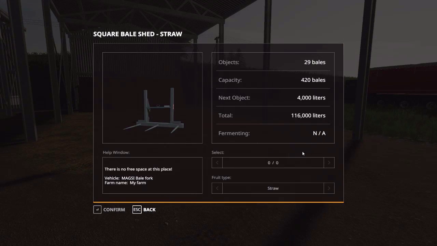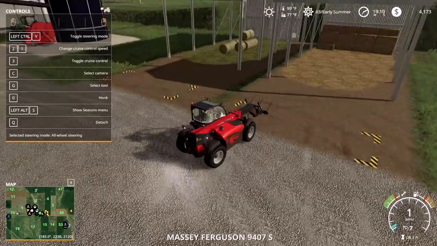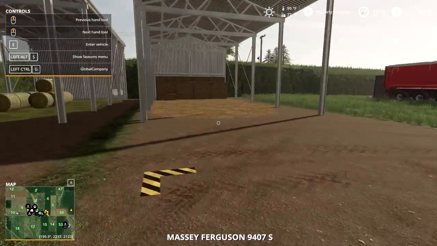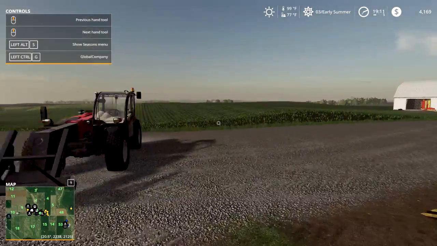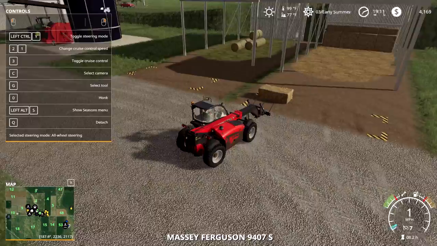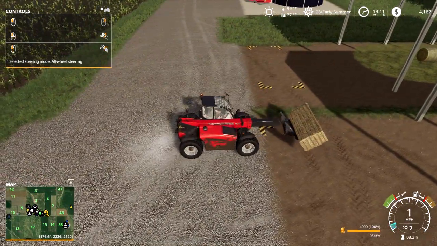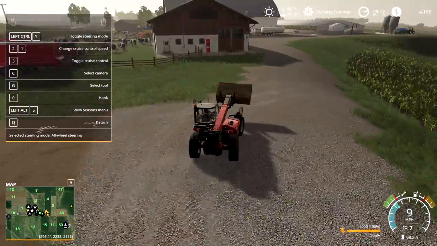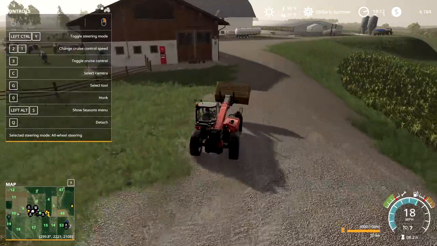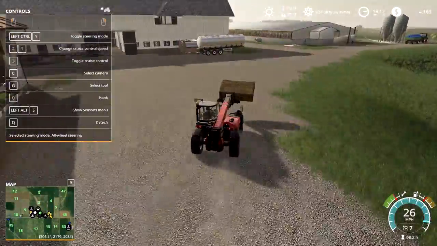Oh, did you see that? Oh, it puts it straight into the mixer then. I bet you it will. I bet you we can roll the mixer down in here. I wonder if the bale chopper will do that. Okay, we're gonna have to try that, I think. First, I want to take...